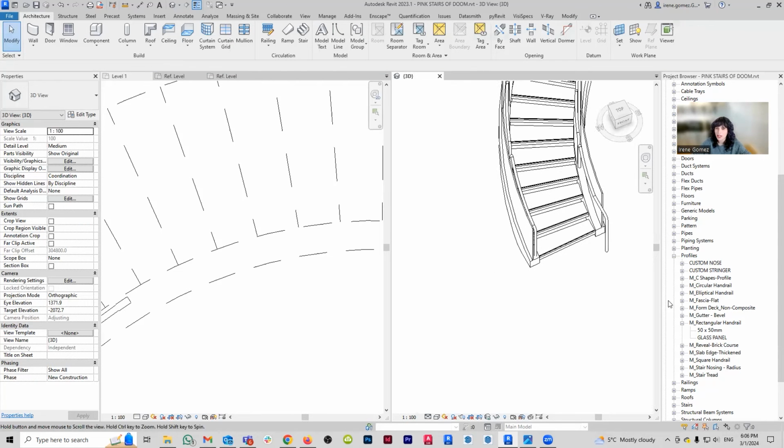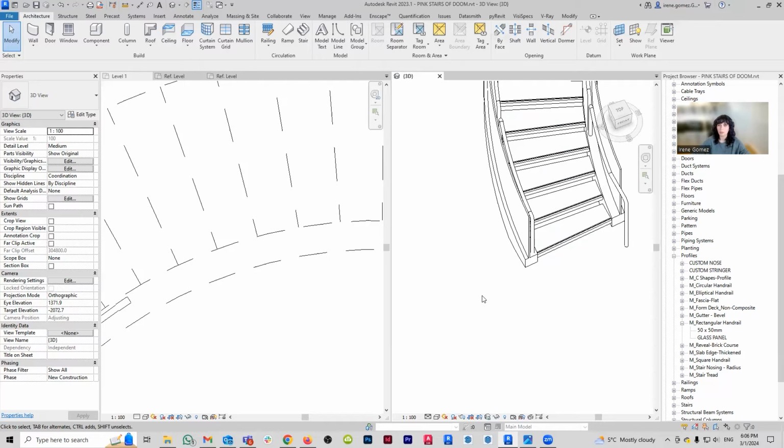And then I want to do that ending where it comes out and then it turns a bit. So the thing here is that I cannot use the stringer because you can see that you have that base, you have the glass, and then you have the rail. And I cannot use those elements here because you can basically see that a stringer is attached to the stairs.